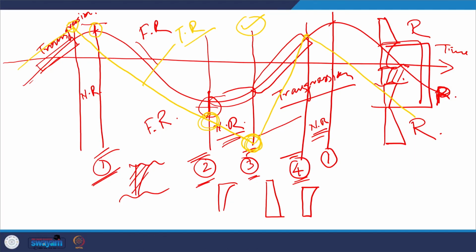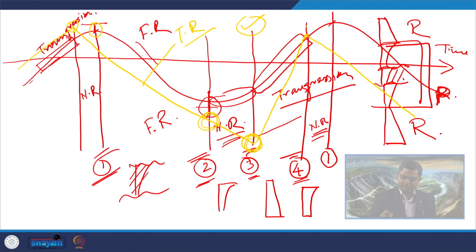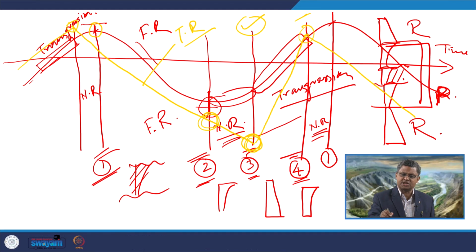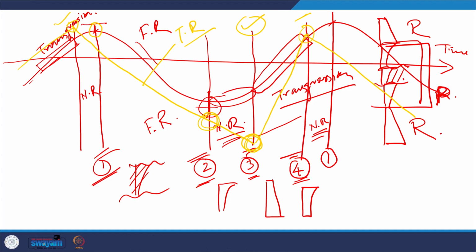So, if I look at that particular diagram again, this is the point where we are getting the peak of transgression and end of transgression, and then the start of the normal regression, which we have already discussed. So, these 4 boundaries demarcate the nature of stratal stacking pattern, the nature of shoreline shift in response to the base level changes. So, identification of these 4 boundaries is very crucial for understanding of the different sequence elements.